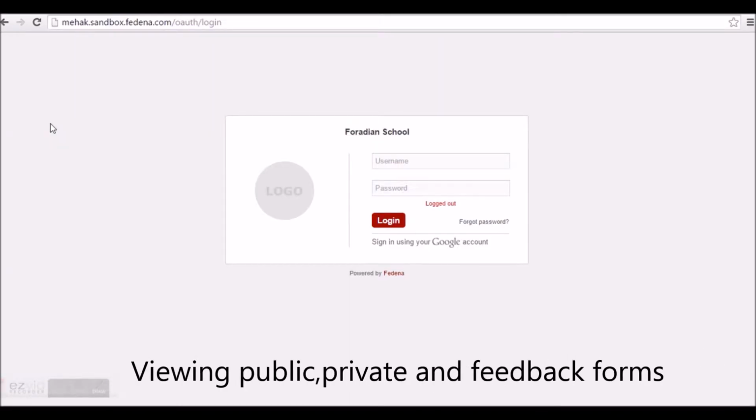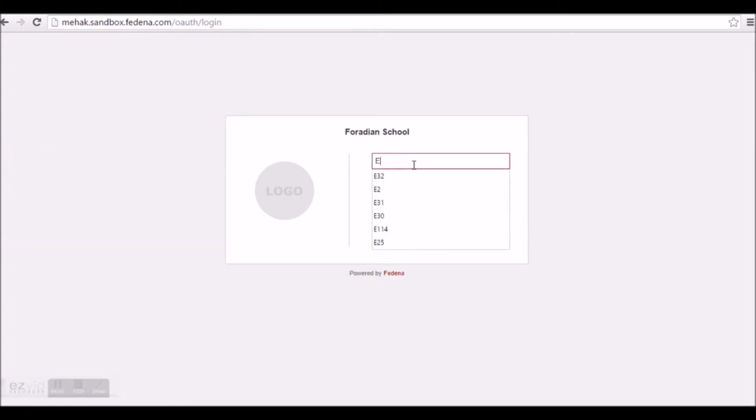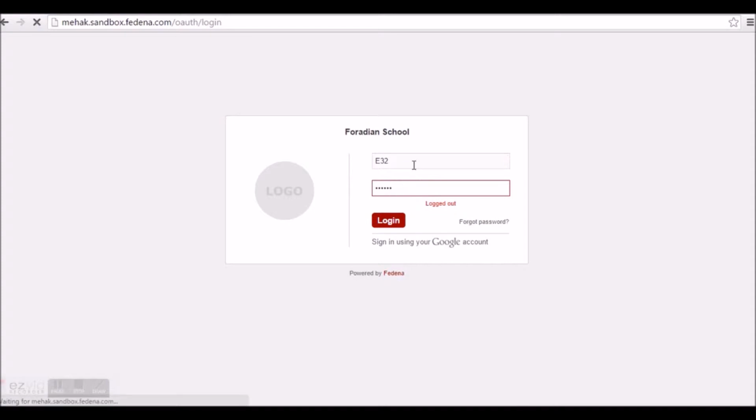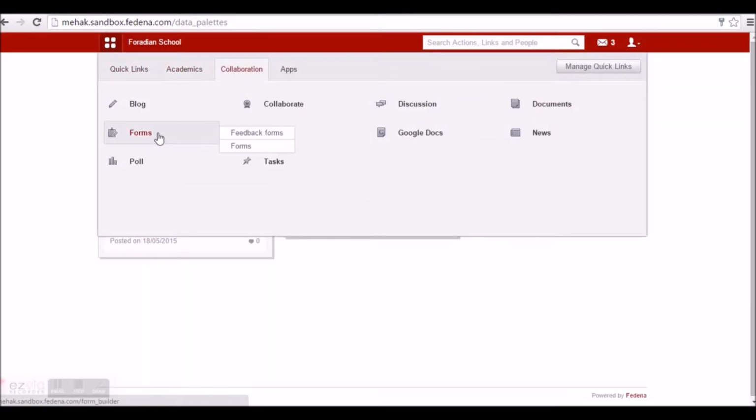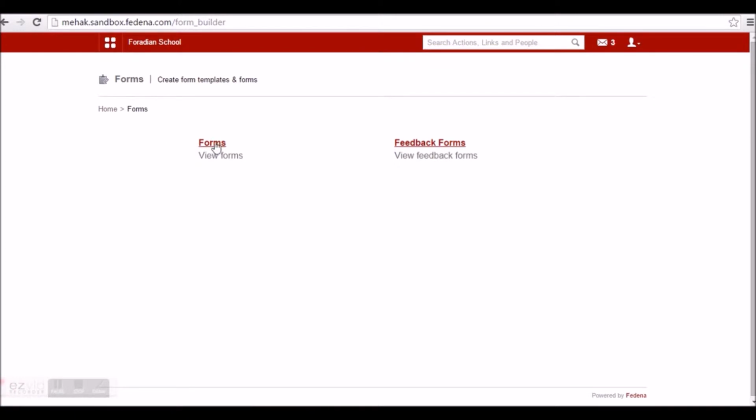In this video, we will see how as a teacher, I can submit a public, private or a feedback form. So I'm logging in as a teacher and I can check the forms by going to collaboration, forms. Here I can check the public and the private forms under this forms option and the feedback forms under this